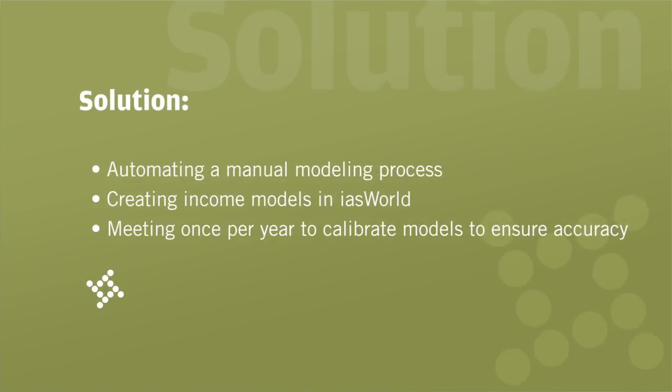For the review of the data inside the iasWorld system, an appraiser may look at a screen, look at the property characteristics of the property, pull that information out, compare it with other publications of rents, plug that into their Excel spreadsheet, and then manually override a value in the system.